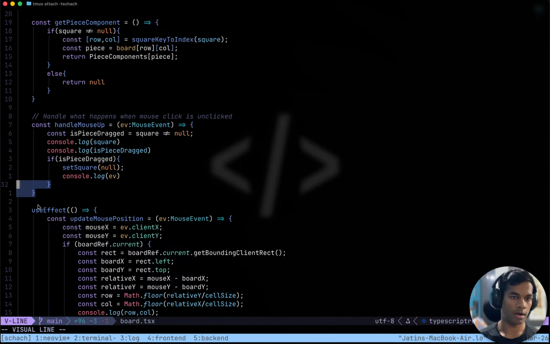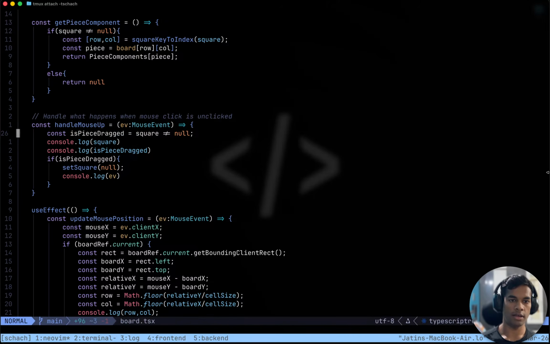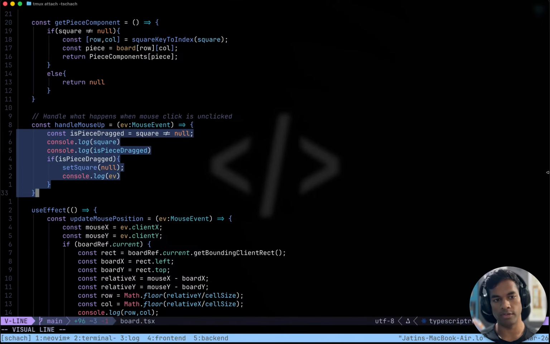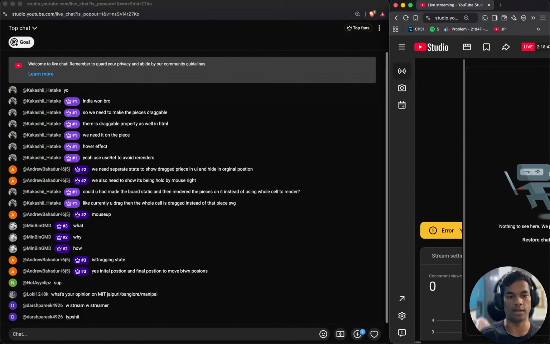So when we are defining this function, we are internally using the value of this square. And when the function was defined, initially square was equal to null. That is the value of square we are always using, no matter when the function is being called, even though currently the value of square might have changed to something that is not null.